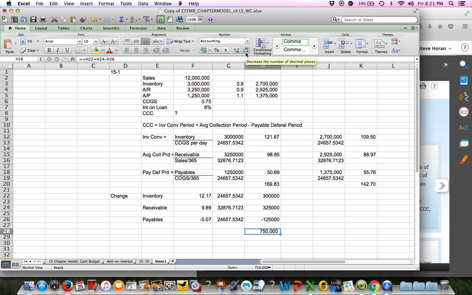Now it's not the bottom line. The bottom line is, how did that impact profits? Well, I borrow at 8%. So in theory, if I free up 750,000 and I have to borrow less money by 750,000, the bottom line impact is 8% of 750,000, which is 60,000. So if I can pull this off, I literally save $60,000 per year of interest expense,